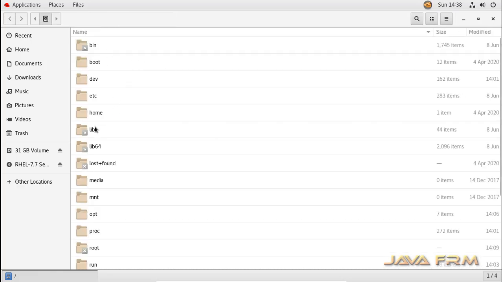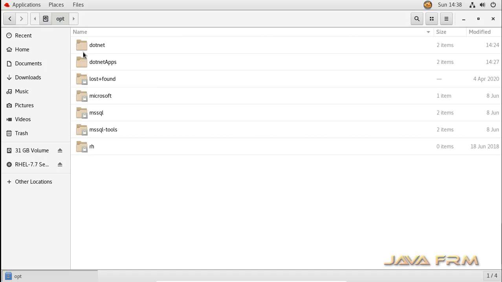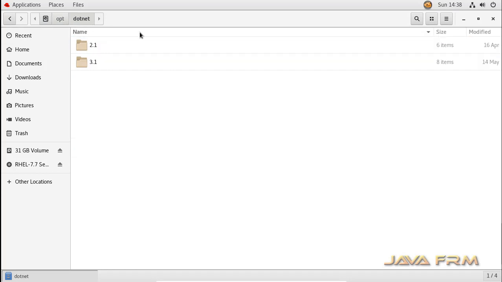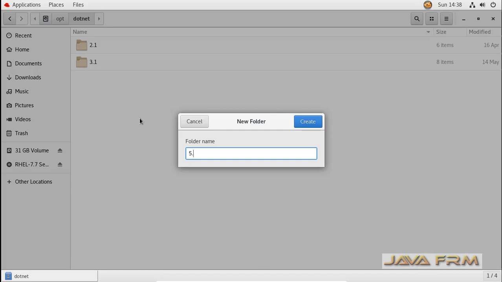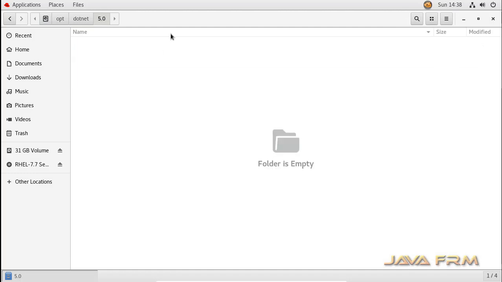Okay, so I am going to install .NET under /opt/dotnet. Here I am going to create one new directory, 5.0. Under 5.0 only I am going to copy the .NET 5.0 binaries.